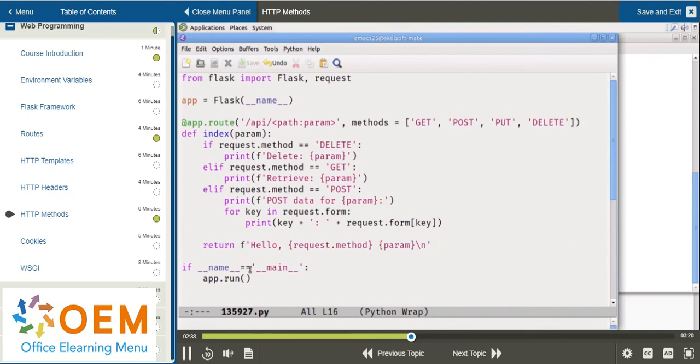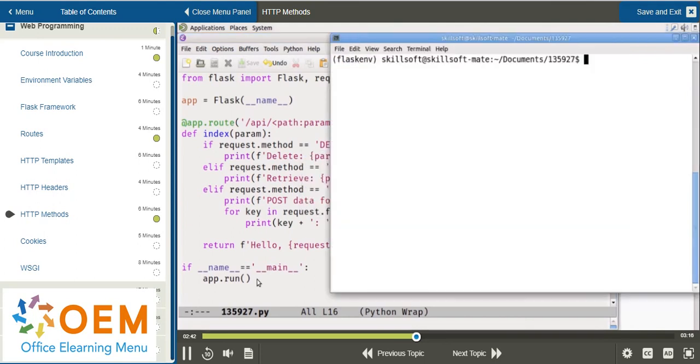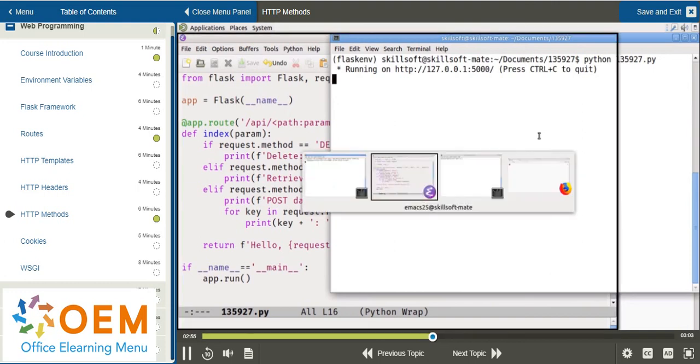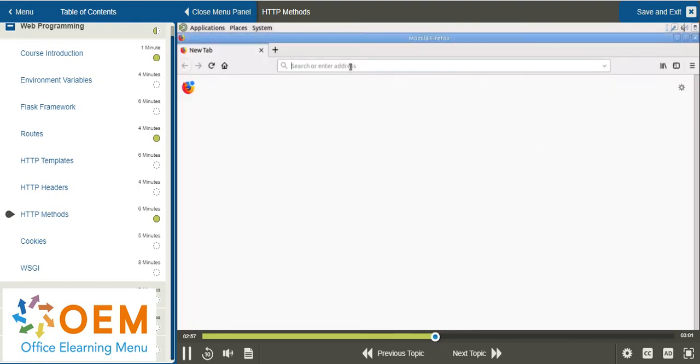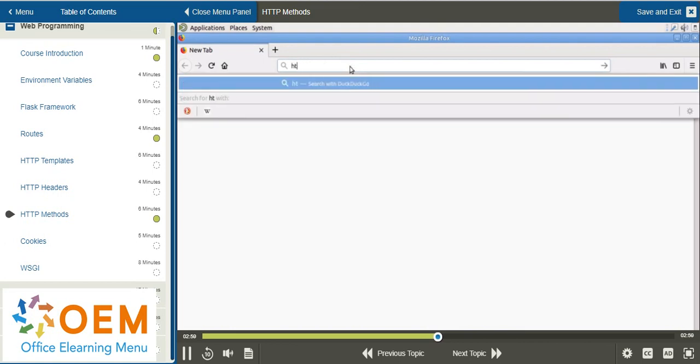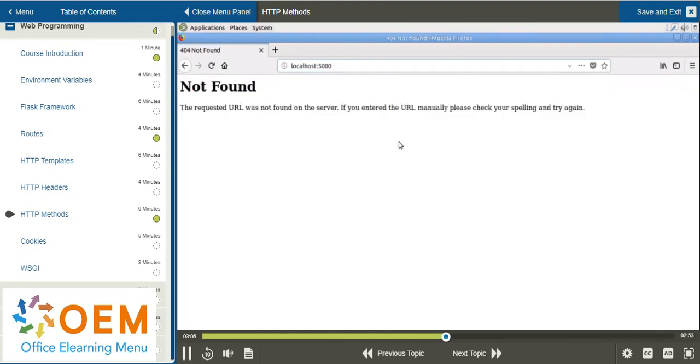And then if name is main, we run the app here in Flask. So let's tab over to a terminal window and run Python and our code, 135.927.py, and it will launch our Flask application. And then we can access it through the web browser, which I'll do here. http://localhost:5000. And then it tells me that it's not found because I haven't defined